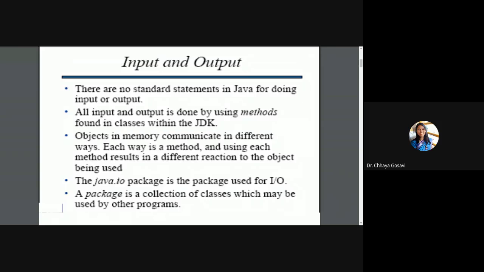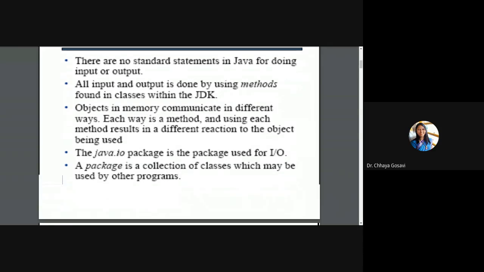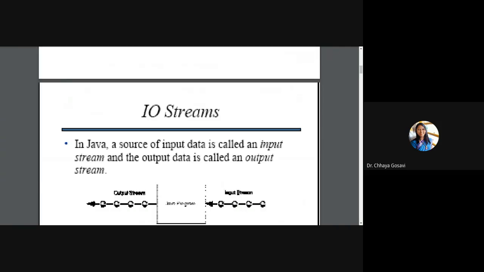We have seen what the JDK is, the Java Development Kit, which has inbuilt packages like java.lang, java.util, java.io. There are different classes available in the JDK to perform input and output. We have the java.io package for input and output. This package is a collection of classes which may be used by other programs also.